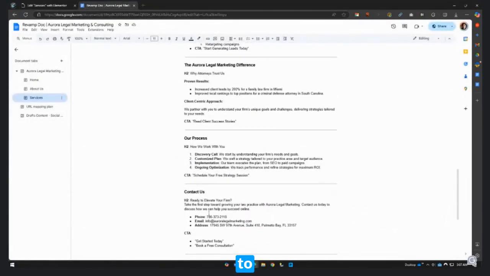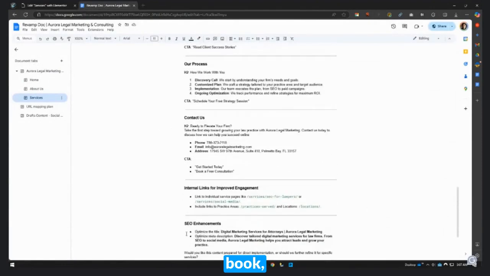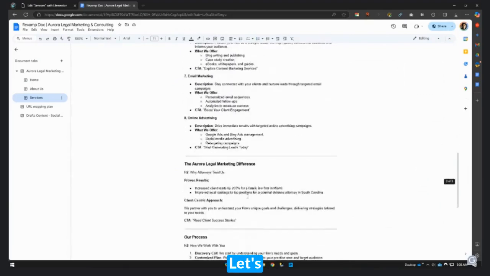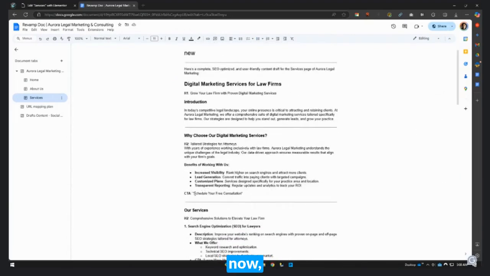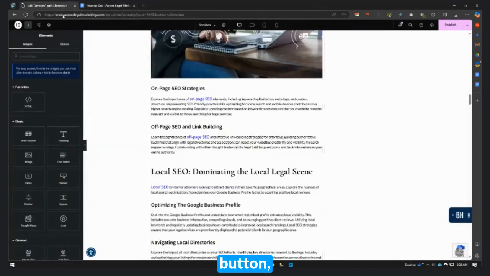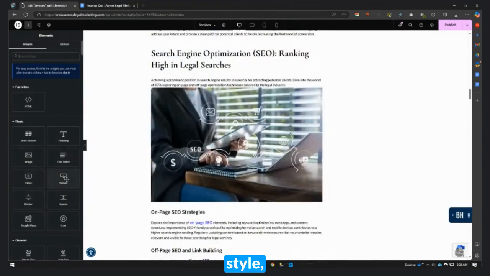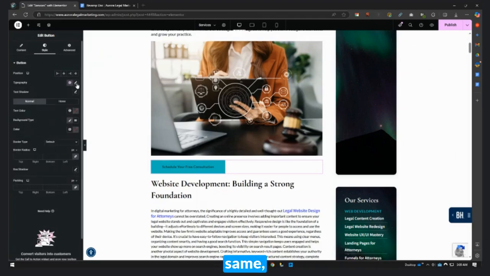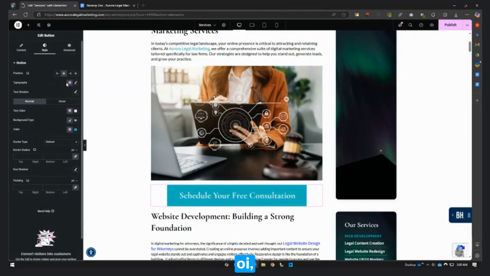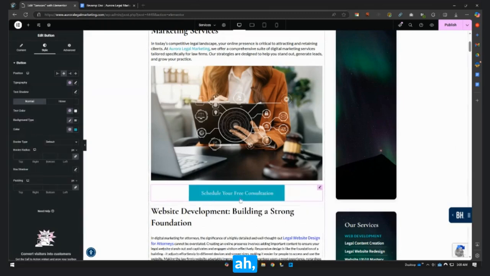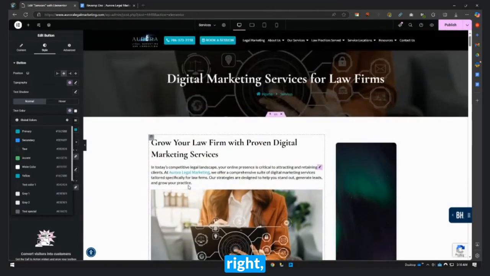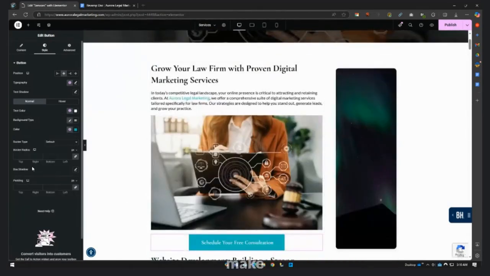But I want to have this CTA, free consultation. Ready to elevate your firm? Or make it simple for now, just one button. A lot of choices. Button text, we'll keep the same. Let's make it shout. So noisy. Which is good. Same color, right? Yeah, same. Make it really white, and then some border.